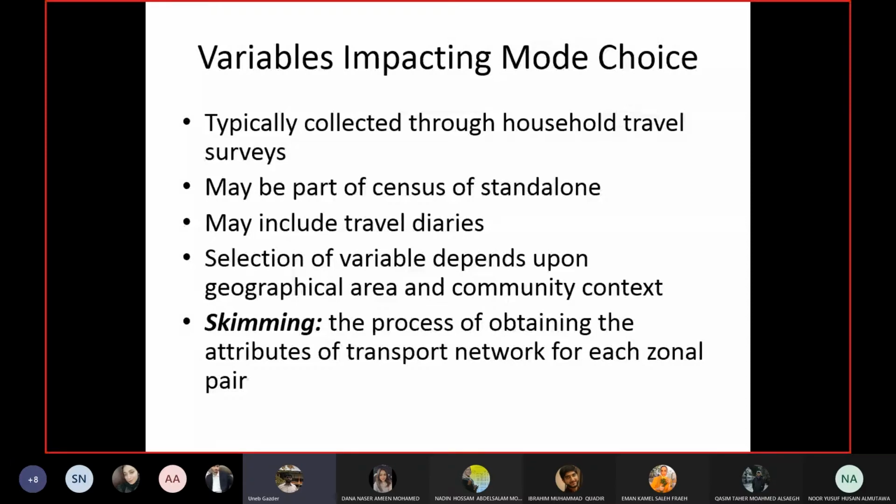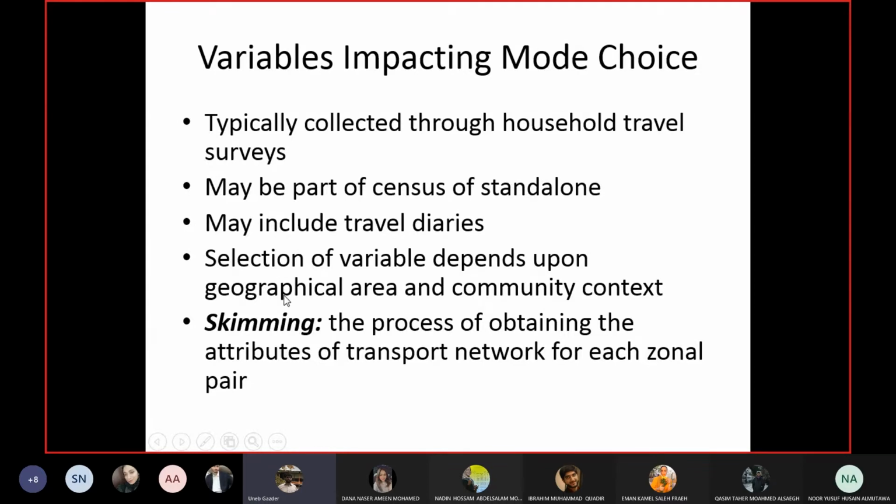So at the end of the day, I have the attributes of each of my trips. I took 3 trips, so for each trip I have which time I went, which area I went, and which mode I took, and so on and so forth. So these are known as travel diaries. Like I was saying, on the selection of variables, you don't have to include all the variables which I discussed.